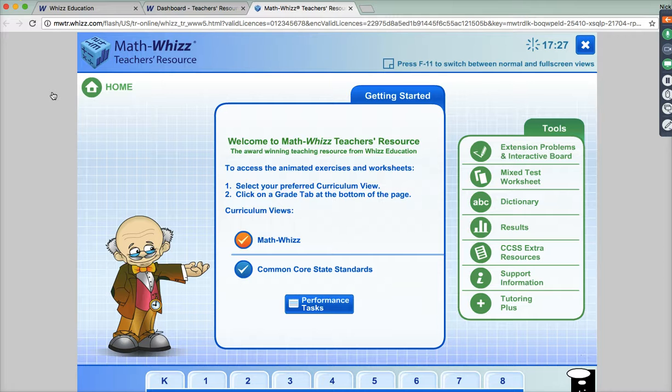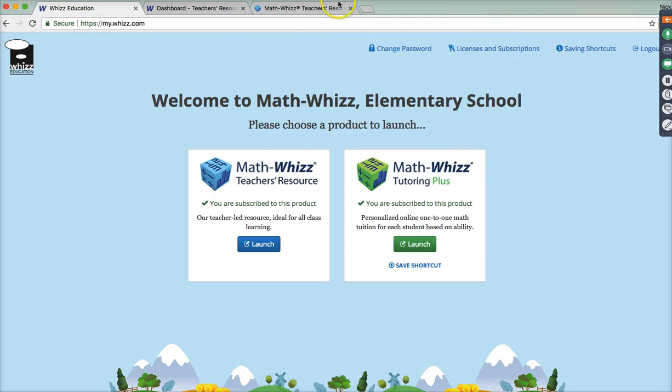Yeah, so those... go ahead. I thought that there was a place that I could look at a specific student's progress, where it breaks it down even further than the blue bars, like what they're learning. There was a place that actually showed what grade level they were operating at, at a specific Common Core standard. Could you show me where that is? Absolutely. Yeah. So I just clicked the tab over. After logging in, you can go to MathWiz Tutoring Plus, click Launch.